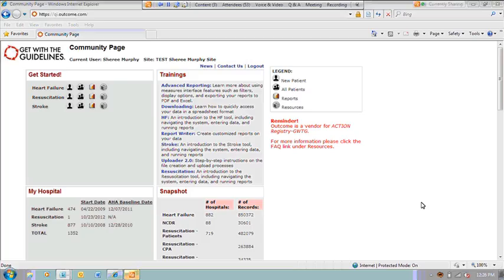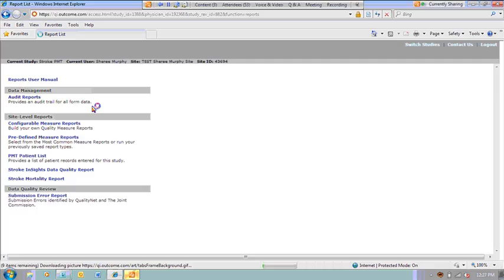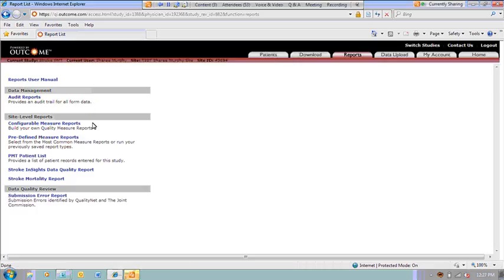So you are getting ready to run your status check for the physician champion of your program. We're going to go to the stroke report, and we're going to start off looking at the configurable measure report. This is where we can set up a report for any parameters that we want.